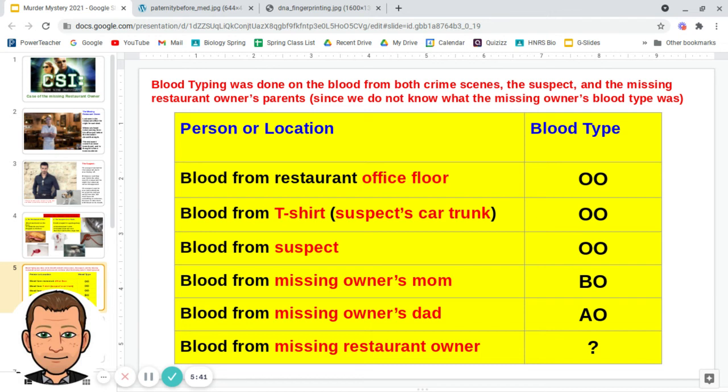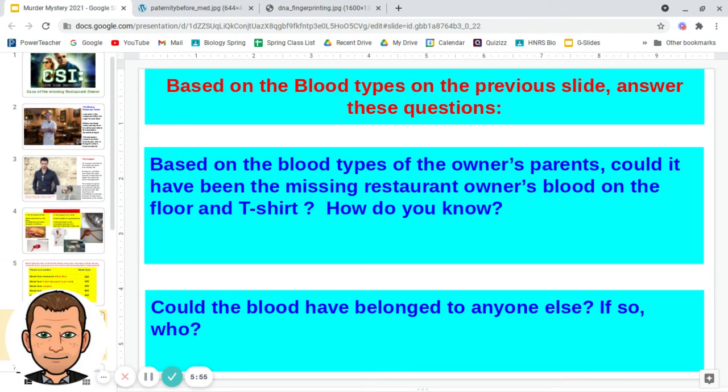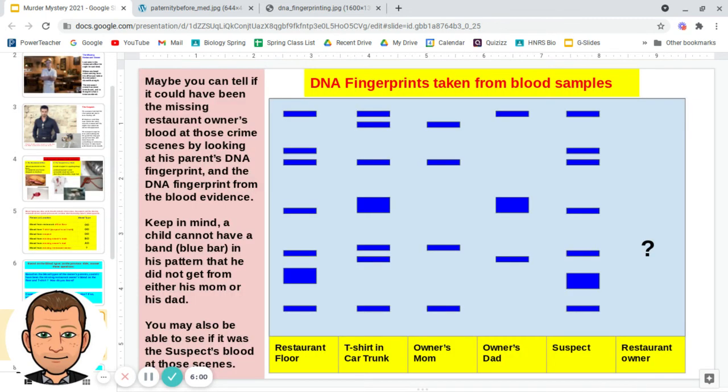Now, why would we want to collect blood from the missing owner's mom and dad? Well, it's because we don't have the missing restaurant owner to test. We don't know exactly what his blood type was, but we might be able to figure that out based on his mom and dad. You'll have some questions to answer about that bit of evidence, and then the next evidence